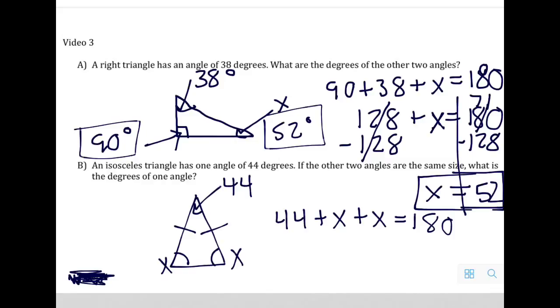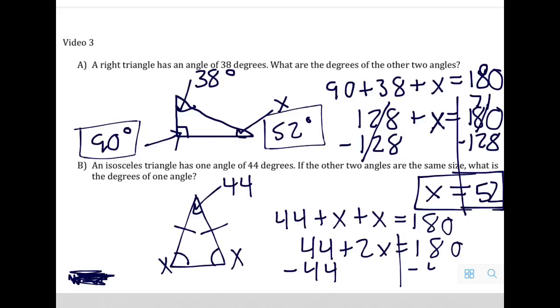x plus x is the same thing as 2x, so I have 44 plus 2x equals 180. So if I take away 44 from each side, because I'm adding 44 on the left, if I subtract 44, 180 minus 44, 8 becomes a 7, 0 becomes a 10, 10 minus 4 is 6, 7 minus 4 is 3, 1 minus 0 is 1, so I have 136